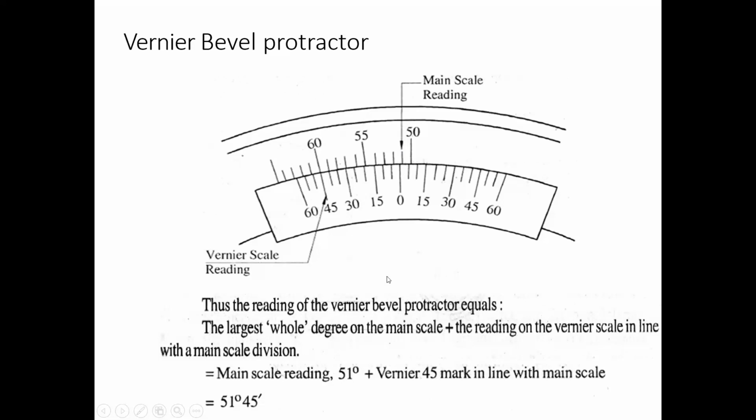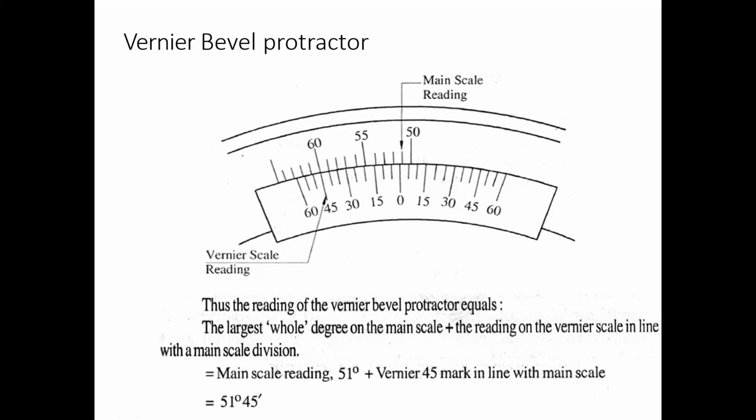How to take the main scale reading? You have to identify the division value on the main scale which exactly coincides with the 0 reading. Here this 51 is not exactly coinciding, but this 0 has simply moved away from 51. Therefore, you have to take this 51 as the main scale reading. You cannot take 52 as a reading. It should exactly coincide, or simply the 0 has to cross the particular division. After that, main scale reading, then you go for the vernier scale reading.